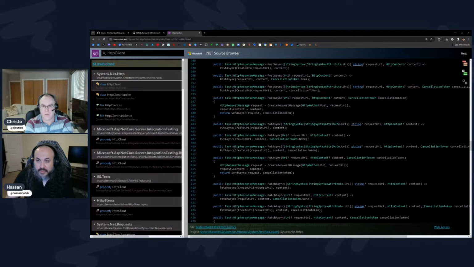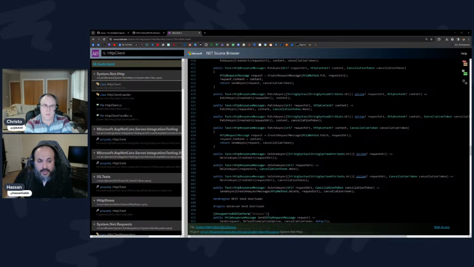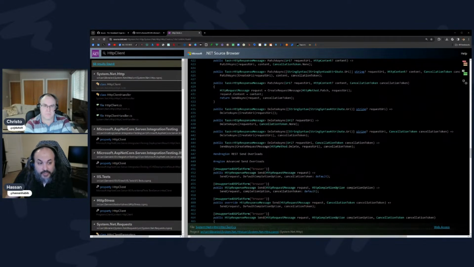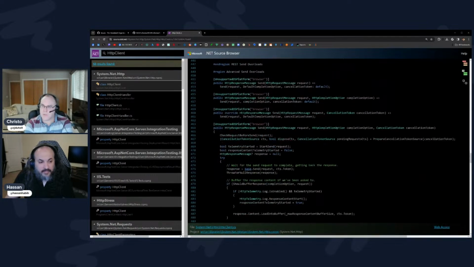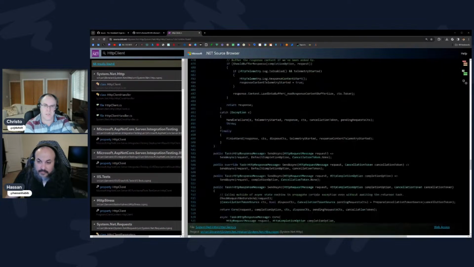I don't know. Are we going to support patch verb as well? Yes, we should. And we also should support custom verb, which is not something that's supported today. So custom verb takes this to a whole new level. And in terms of the client as well, just thinking loosely now,